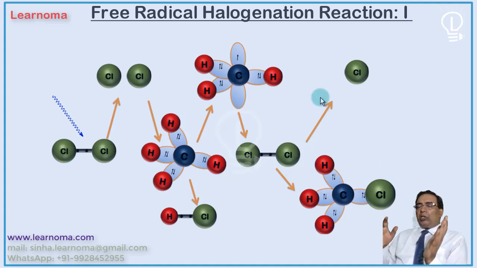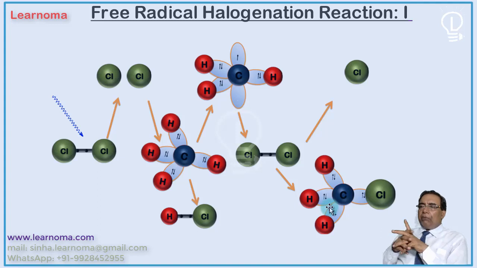See, this is a very typical reaction, and because of this nature, the reactivity of the chlorine radical and the reactivity of the product species, it is called a chain reaction, and such a reaction will continue until all the reactants are exhausted. And only if all the reactants are exhausted does such a reaction cease, by colliding with each other, which is called the chain termination step. We will discuss it later.